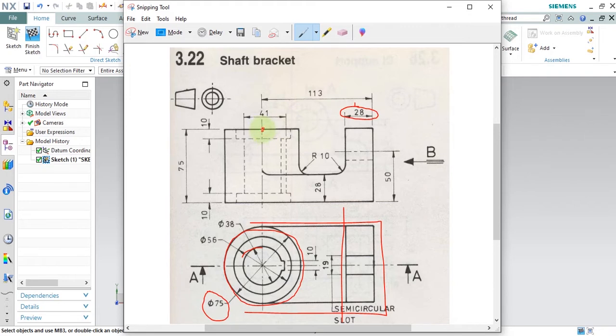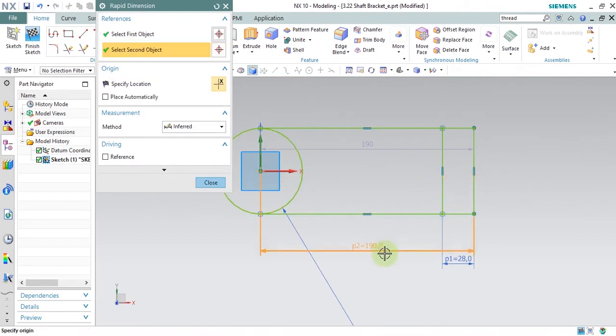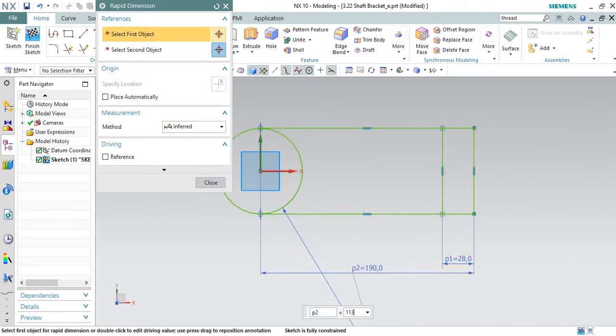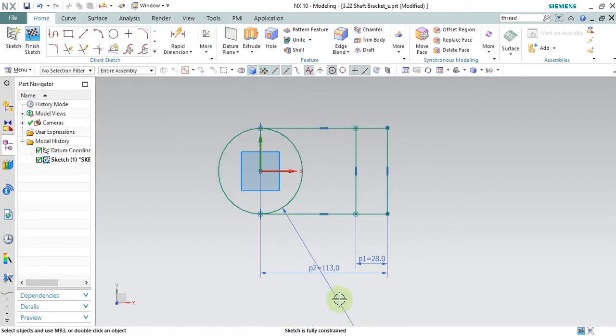And then I will give the distance from center to this is 113. Click rapid dimension from this to this, 113 and then enter. Click close. The sketch is fully constrained. It's ready to make